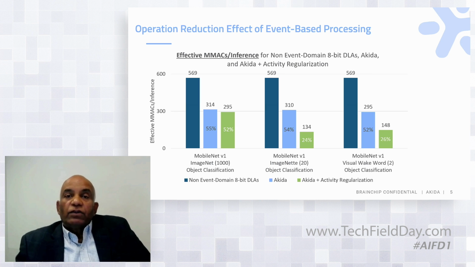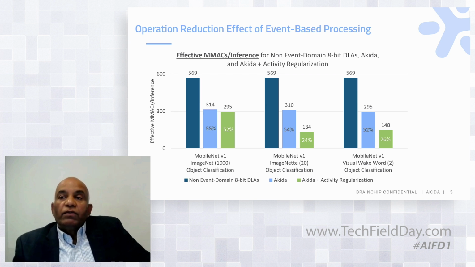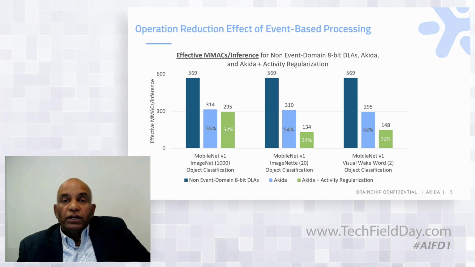So we analyze quite a few networks. This is an example of 3 networks. These are MobileNet V1 that do image classification for 1,000 objects or 20 objects or even 2 objects, visual wake word. We're going to show you a presence detection demo running on the chip. But what this has done is, when you want to do inference on a given frame from a camera,